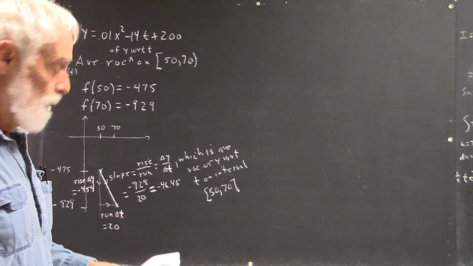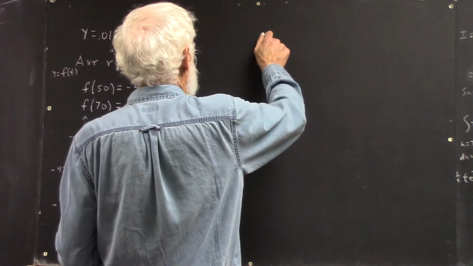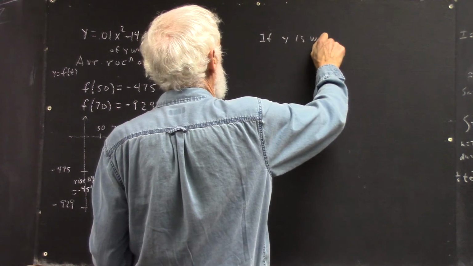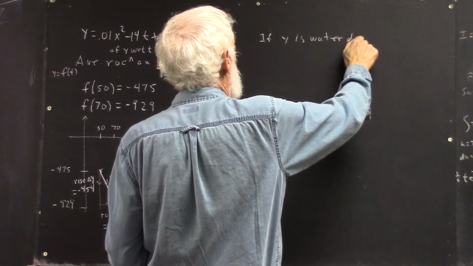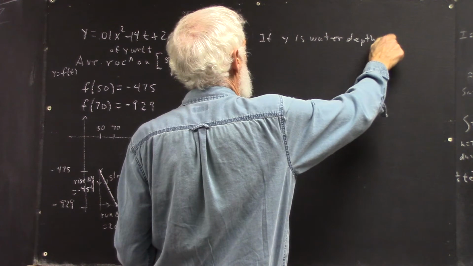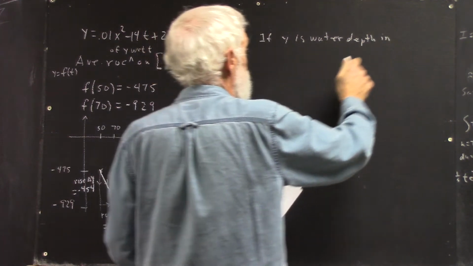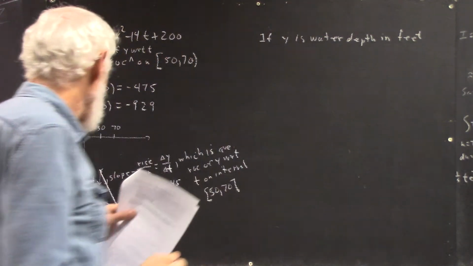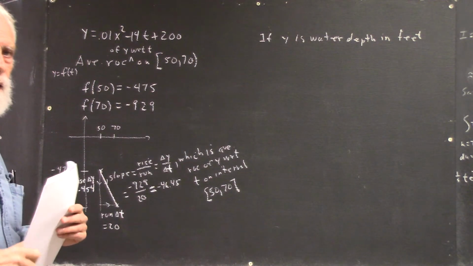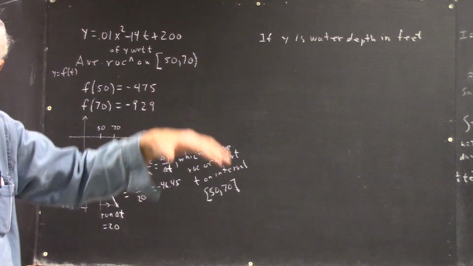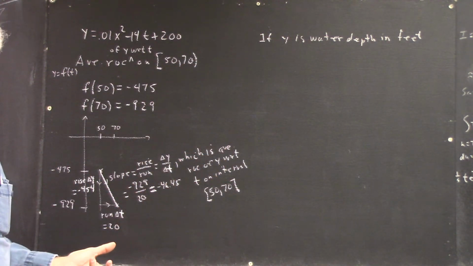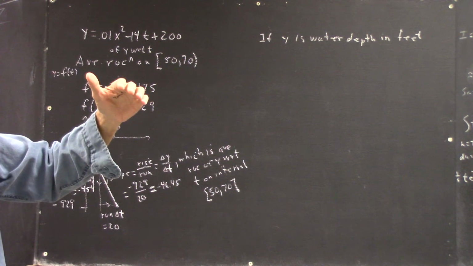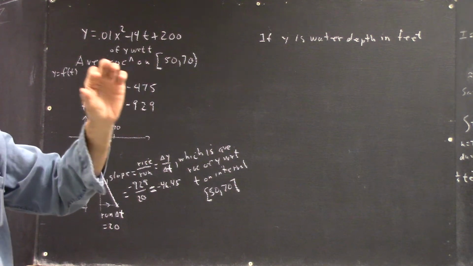Okay, so if y is water depth in feet, the water depth can be measured with respect to any point. If you're in a deep body of water, you just figure out what you measure the water depth with respect to, okay? Maybe that big shark